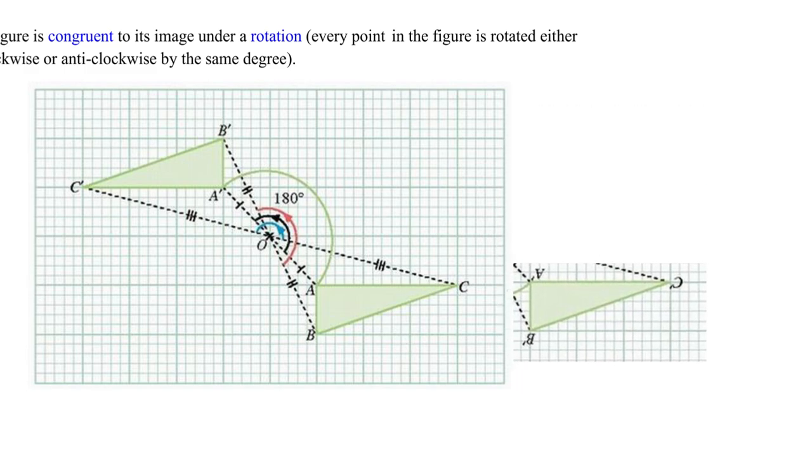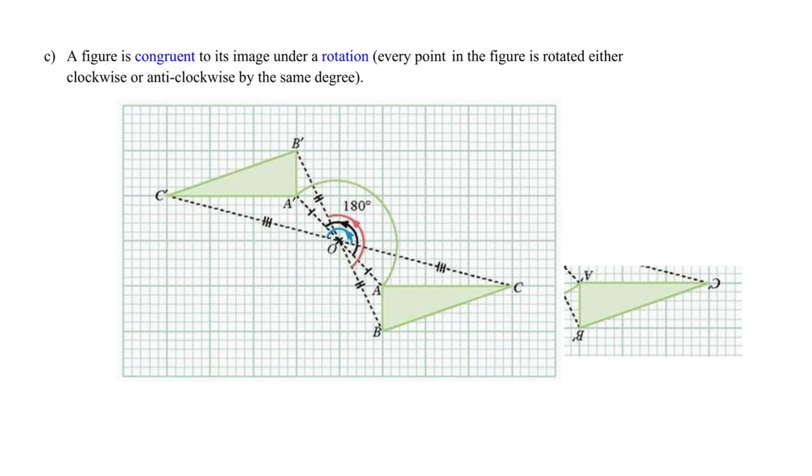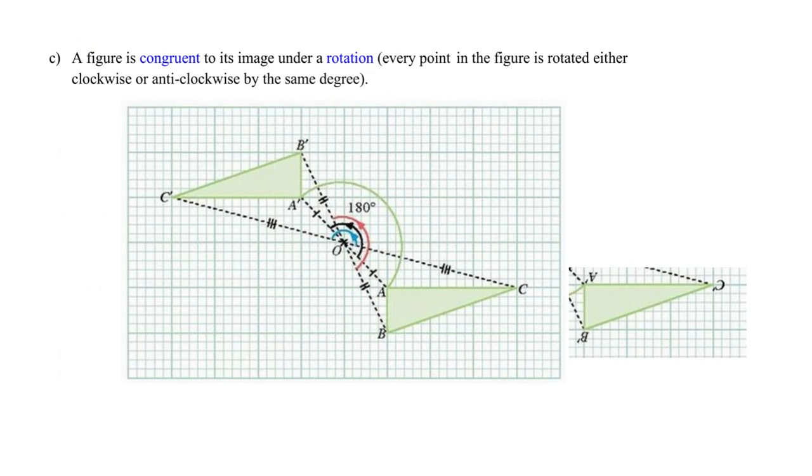So if you follow the motion, you would have noticed that the shape and the size do not change. And since they do not change, the figure is congruent to its image under